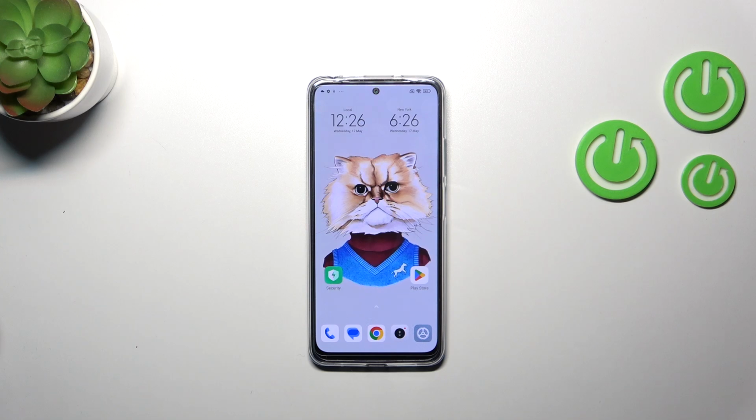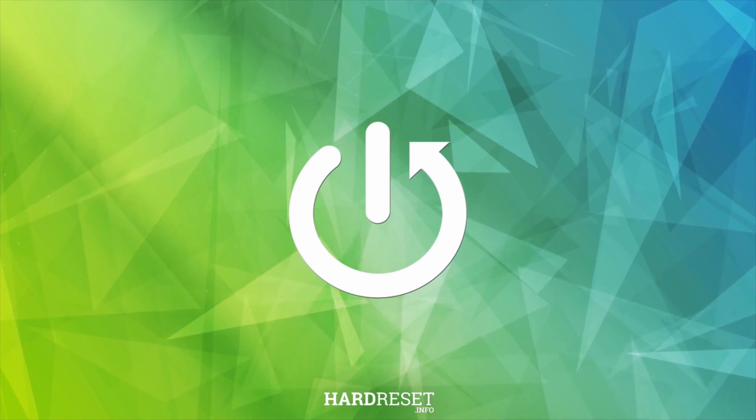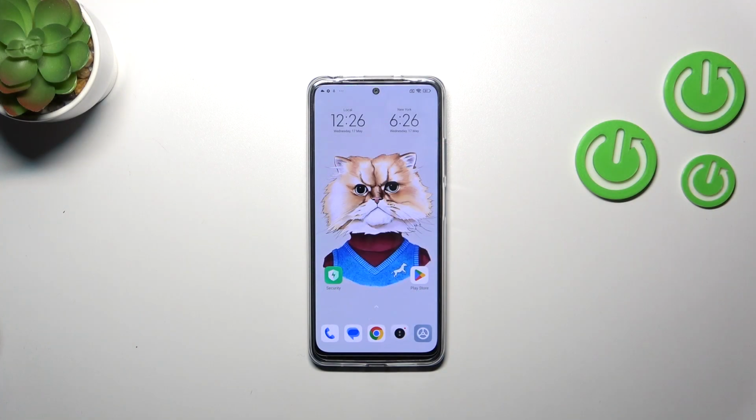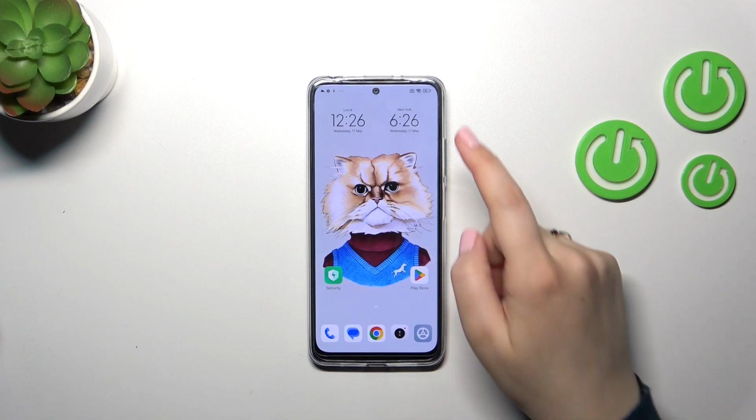Hi everyone, in front of me I've got Xiaomi Redmi Note 12S and let me share with you how to show battery percentage on the status bar on this device. So if for some reason you've got only the battery indicator and you'd like to have, for example, this kind of percentage inside the battery icon,